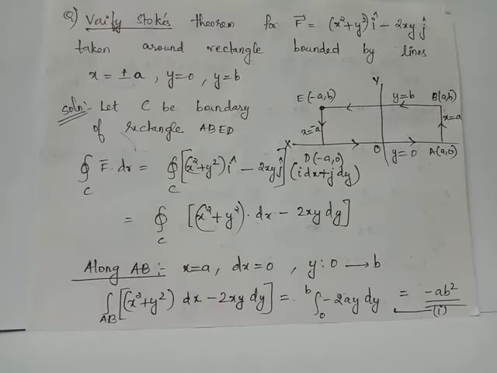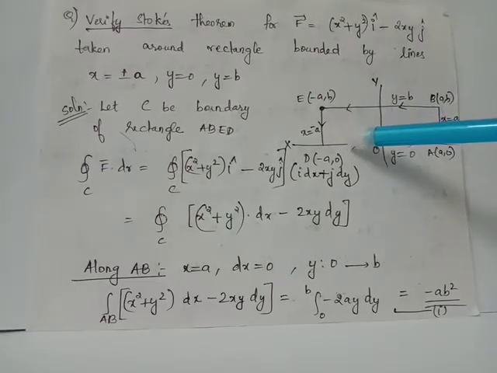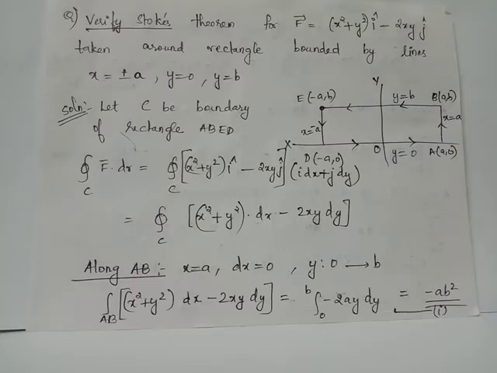Notice that here the surface S is the interior of the rectangle ABED and the boundary of the rectangle is the closed curve C, along which the vector point function f bar is taken around. The direction will be anti-clockwise, that is, the arrow marks along the boundary of the rectangle give us the direction along which the vector point function runs around the boundary of the rectangle. We have,